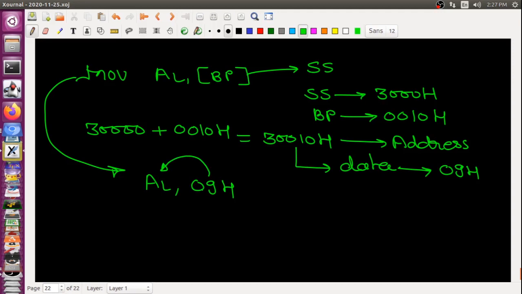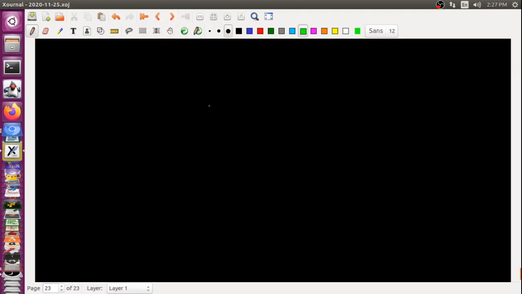Now come to the next example: MOV CX, BX. I am using BX, which is normally treated as a base pointer.